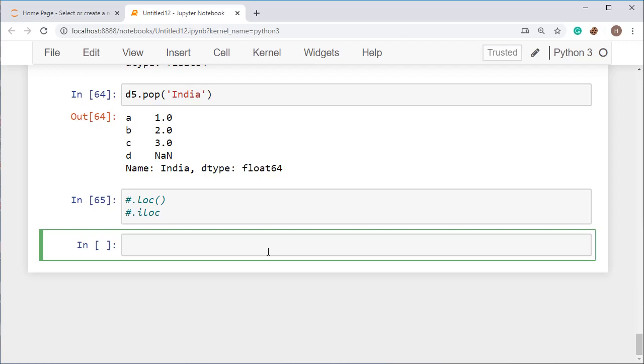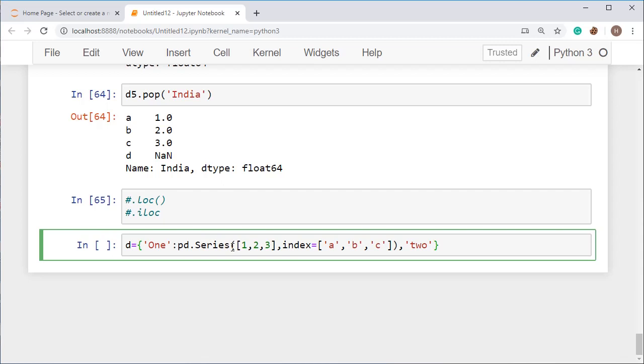So how can we do this? Just create the data frame. I am creating d, taking 1, and then the values of this as pd dot Series, and just taking 1, 2, 3, and the index for this is equal to a, b and c. Okay, and I'm taking another one, that one is 2.